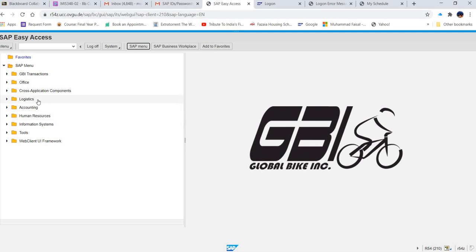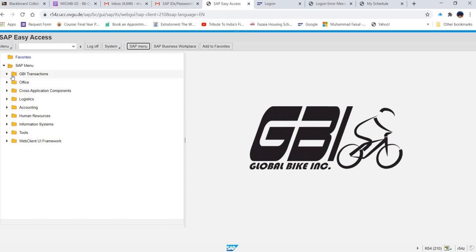Mainly, in whatever exercises we are going to do, you will find almost every option in these 3: logistics, accounting, and human resources, and mainly logistics and accounting. So now we are going to start performing some tasks over here.